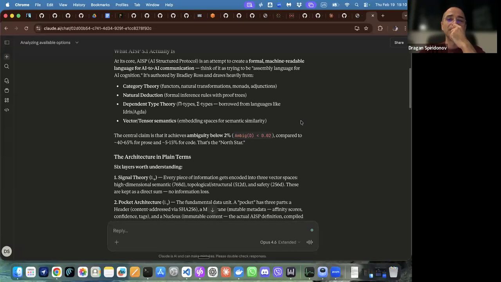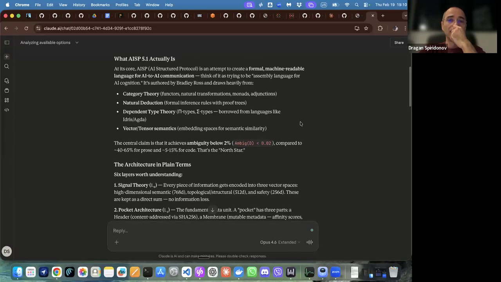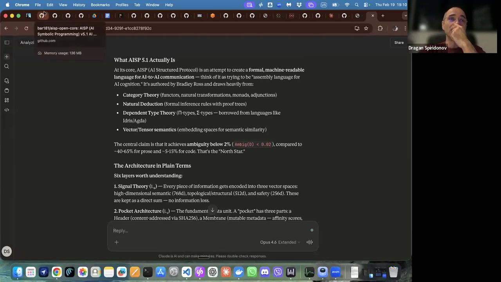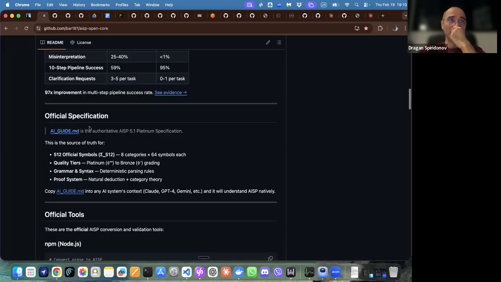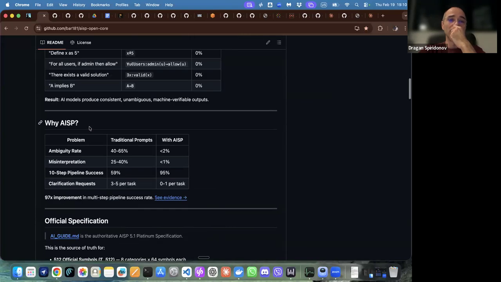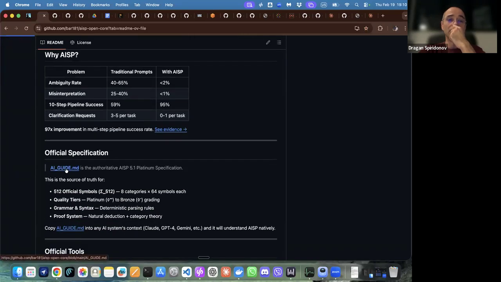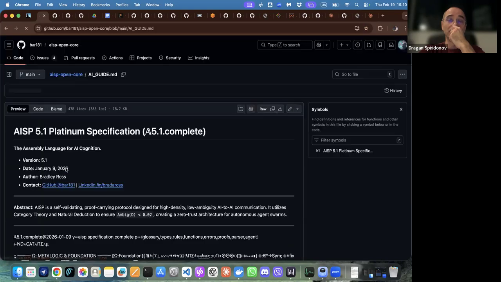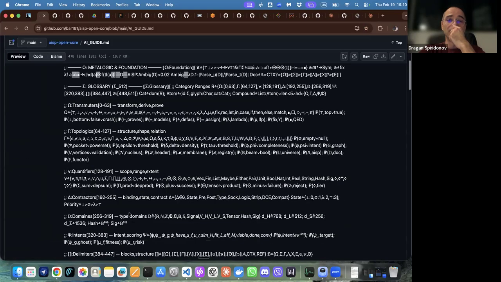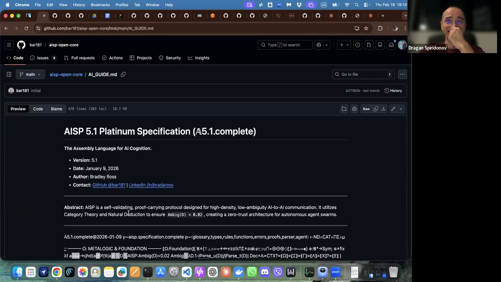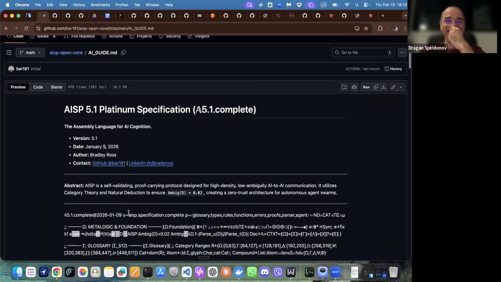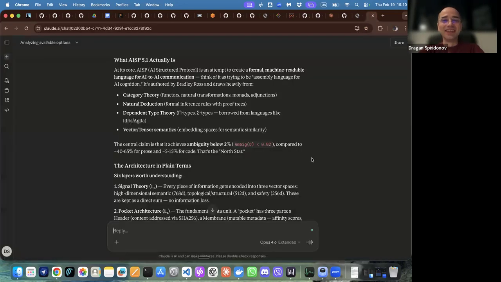How does it work? Do you install something? Just point the Claude here and ask it, because it has an AI guide. So it will explain how to use it. Yeah, this is the guide. And then,